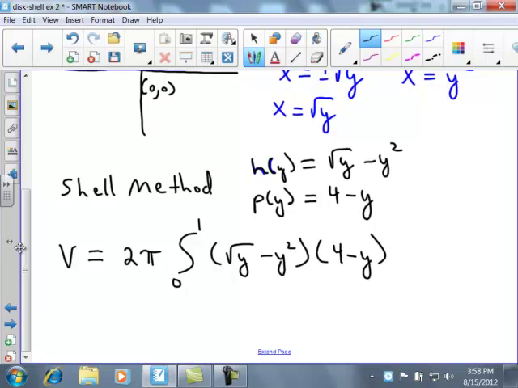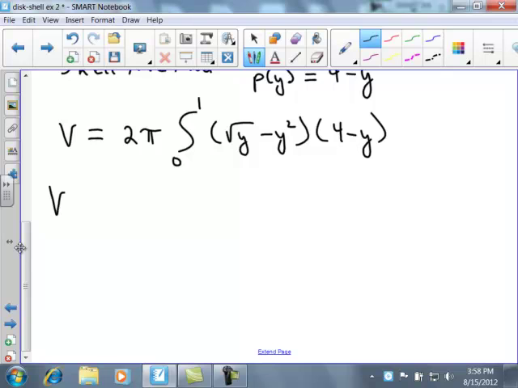Now, what we got a while ago for the answer was 71 pi over 30. So we want to get the same answer in this case. So my volume, so I'm going to work this out, is going to be 2 pi times the integral from 0 to 1. If I multiply this out, I'm going to get 4 times the square root of y, or 4y to the 1/2,